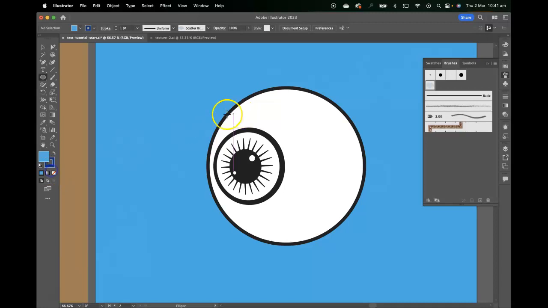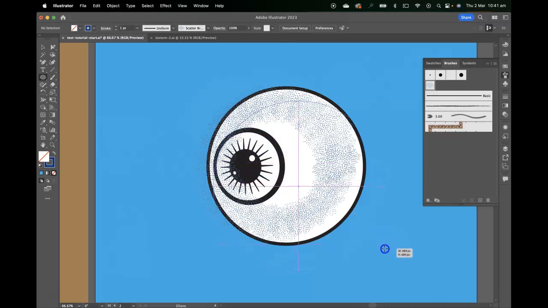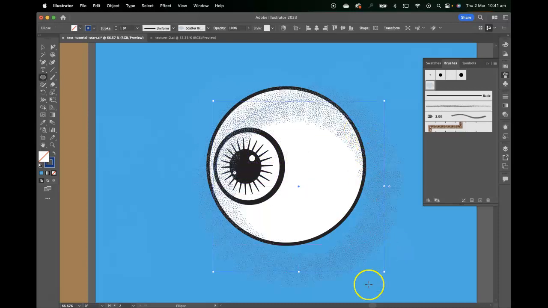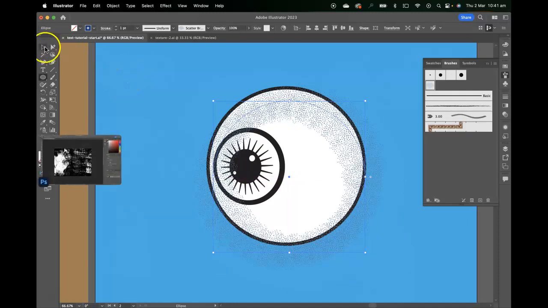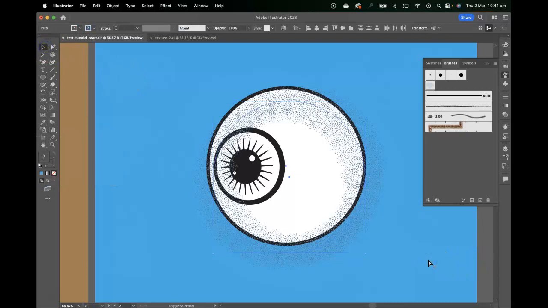So I'll just remove the fill there, and this is the brush stroke that I've created, and I'll just pop that to the back of the eyeball there